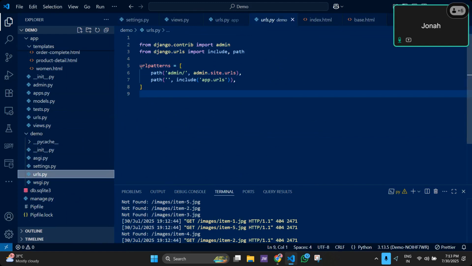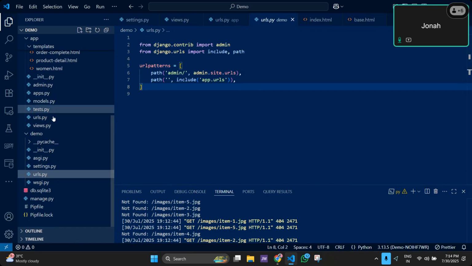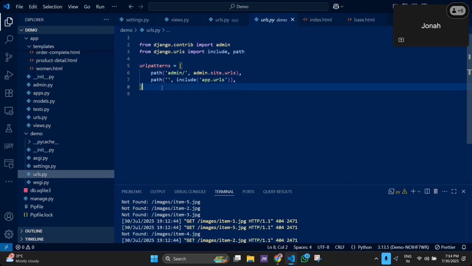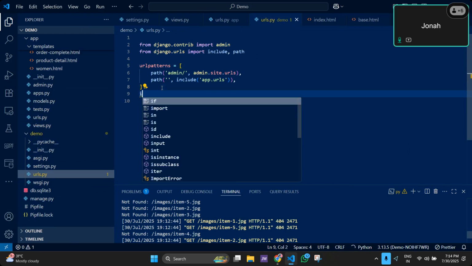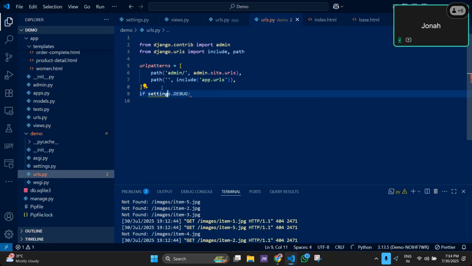So since we are including our static files and image files, for them to work properly every time, you have to include them explicitly in our project URLs file. Remember, you have two URLs files. One is for your application and one is for your project. And the main URLs file is always our project file. So here we are going to include some settings. Beneath the URL patterns, you can give a condition, checking if the settings allow debugging, so if settings.DEBUG: